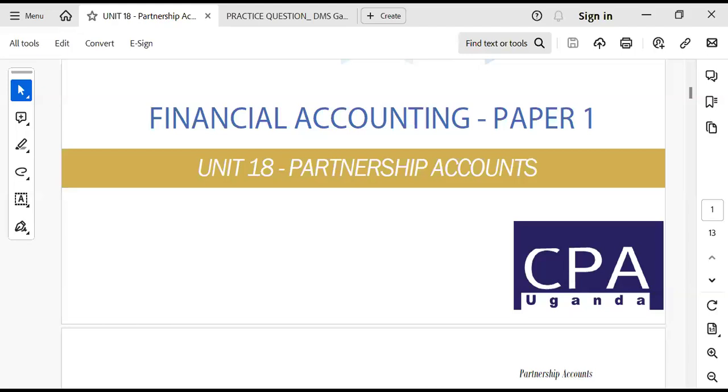You might have probably seen them somewhere in the question banks. For those of you who have been trying to look at the question banks, you might have heard of them. You might even be in a partnership and you're not sure, or you don't even know that you are in a partnership. So usually when two or more people come together to join forces